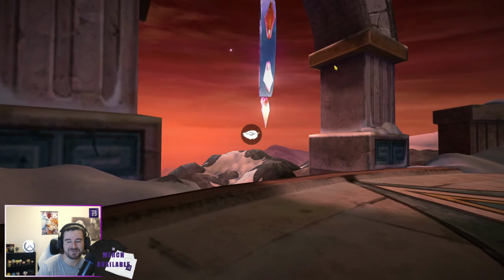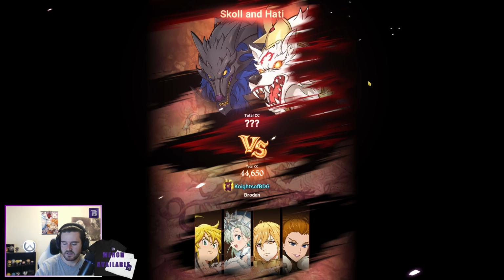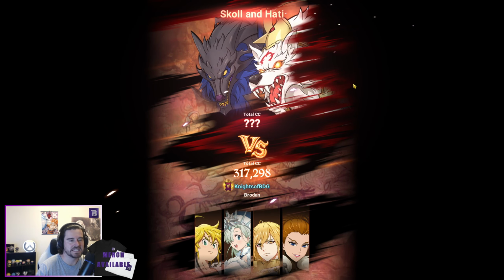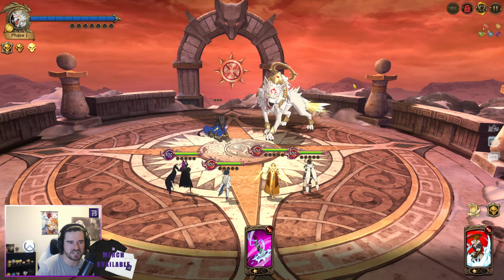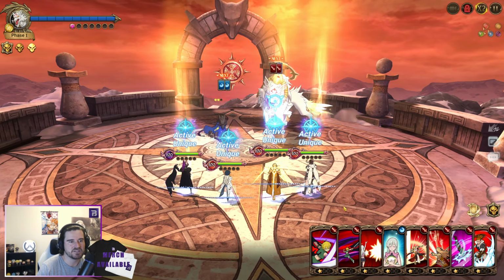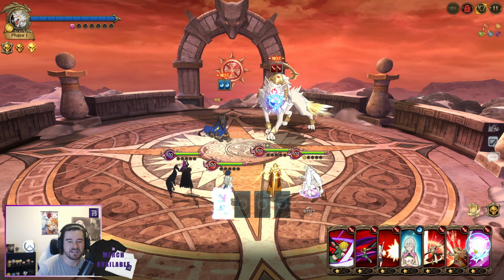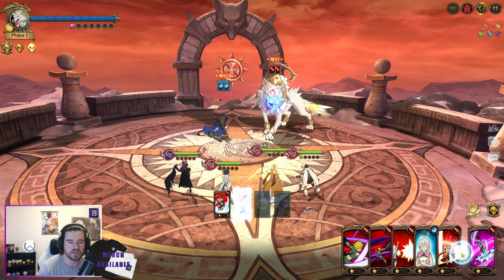It's been a while since I've used Traitor Meli. I did use him in a bird run the other day, just to test him out and see how he goes, and yeah, he was great. I mean, the whole team, like bird, is a little bit outdated now, unfortunately, just because of how strong all the units are now as well. So what I'm going to do is just start with